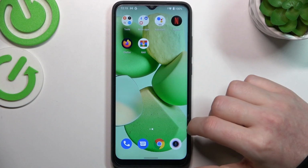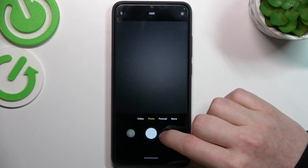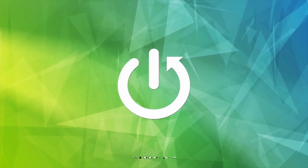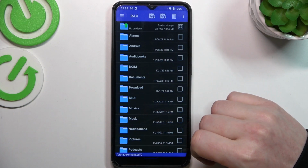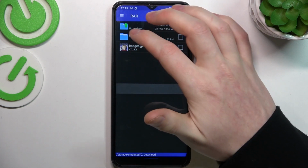Hello, in this video I want to show you how to pack your files into RAR and ZIP archives on Redmi A1. And to do this we'll need to open the RAR app, which I showed previously how to download, then find the files that you want to pack,